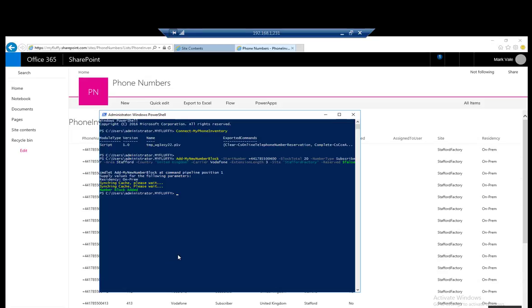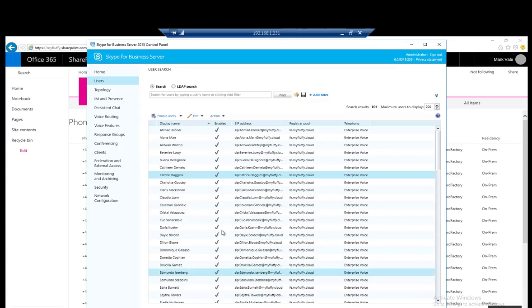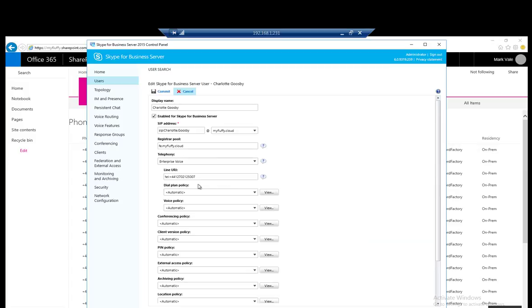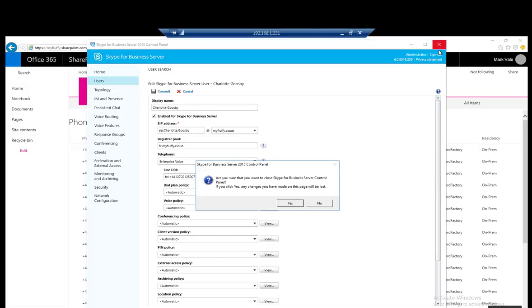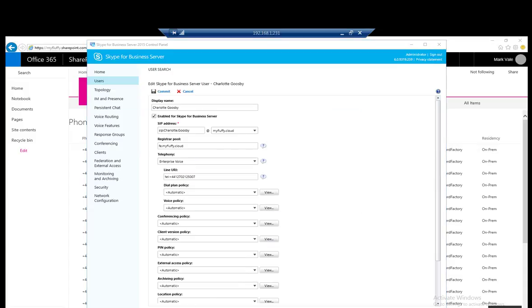So that's number 2. So obviously most people are going to be using this. They've got Skype for Business already, and they might have a bunch of users in Skype like we have here, and they might already have line URI set, so they might already have numbers here. So how do we get these numbers into the phone inventory solution? Now, you could take an export and do it the CSV way, but the best way of doing it is